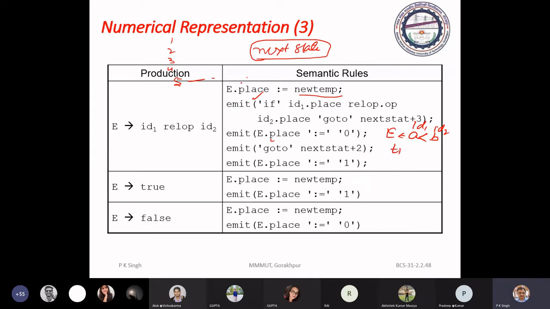E.place is now T1. Then it will generate this three-address statement. Now you can write the three-address statement. Suppose from 100, if, this is next state.